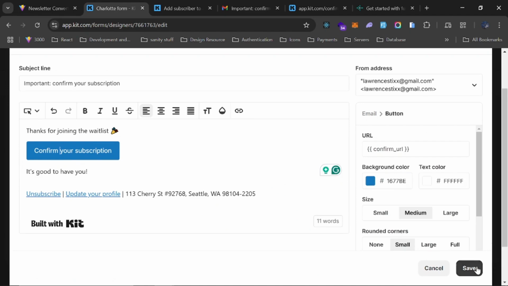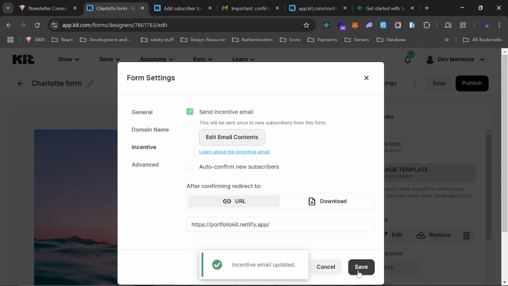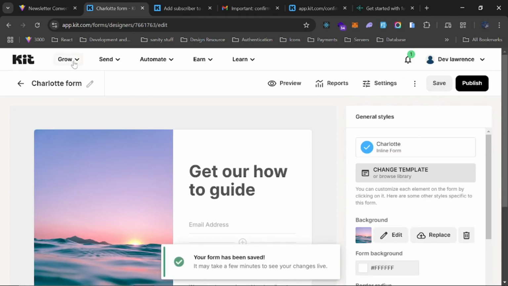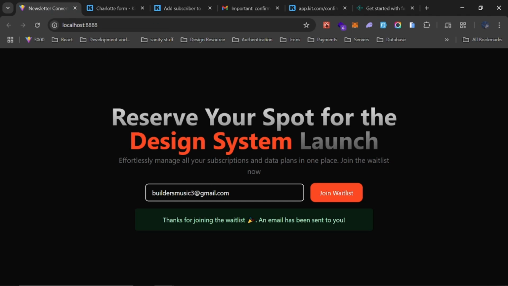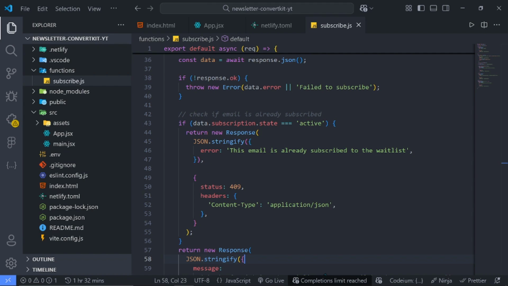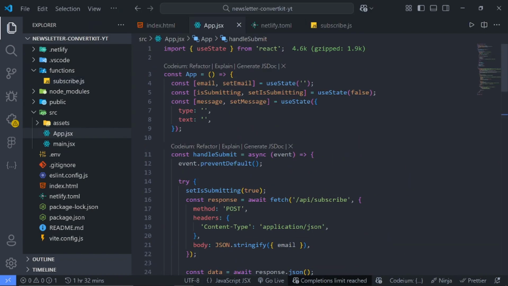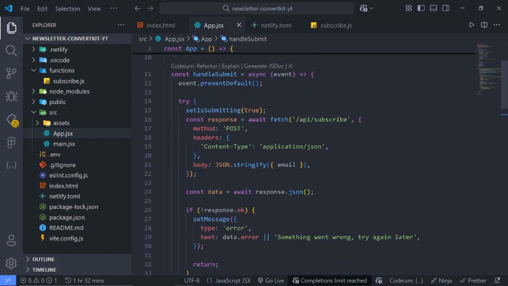So once you are done, just click on save and hit save here as well and here as well. Cool. So let's test it out, but this time before we test it out, let's just add the functionality for us to be able to clear out the feed once a user submits their email and this message. So we can go back to our code and go back to app.jsx, and first of all we can come right to the top